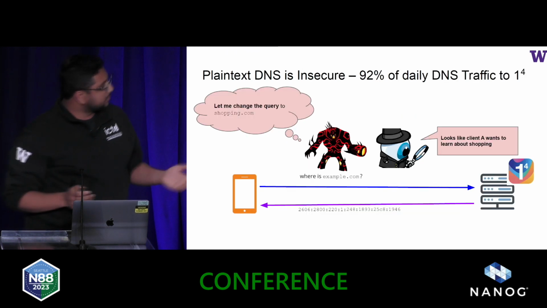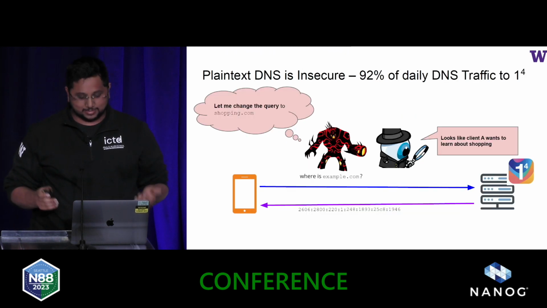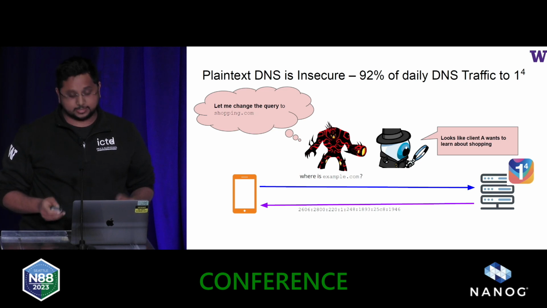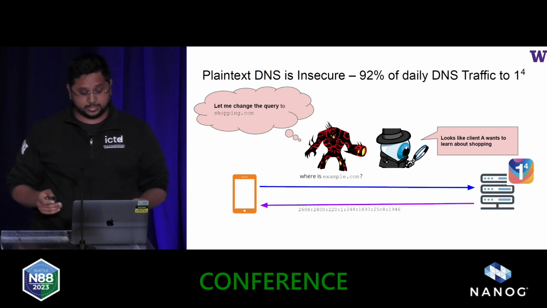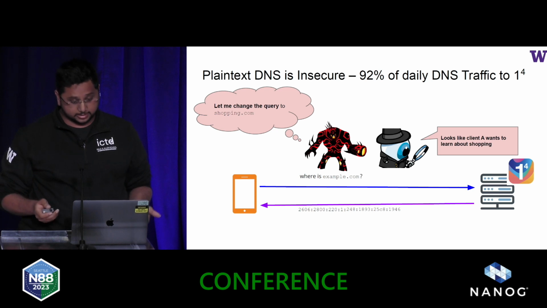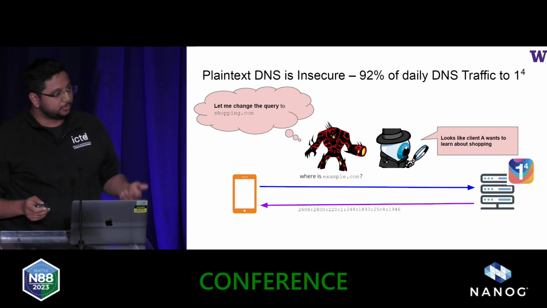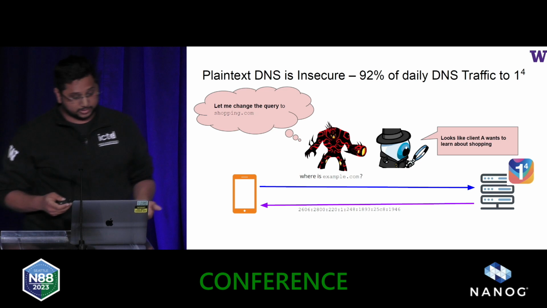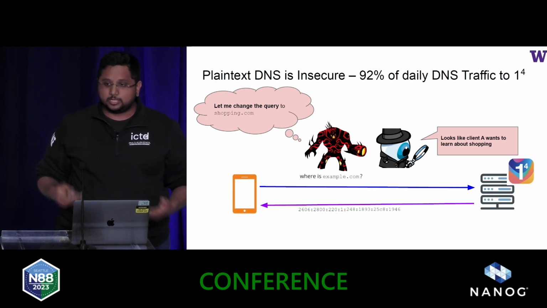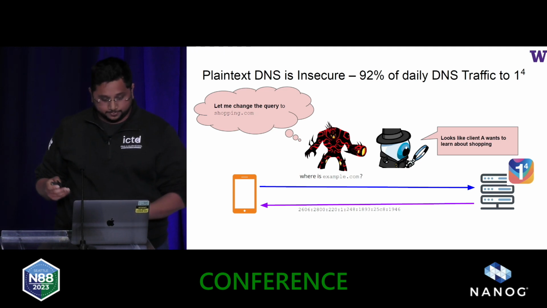So as most of you are aware, the DNS protocol is clear text, and it continues to be the most widely used by clients all across the internet today. And the protocol is known to be vulnerable to network adversaries who would like to monitor, eavesdrop, and also tamper with some of the connections. So this opens up a lot of challenges for privacy.